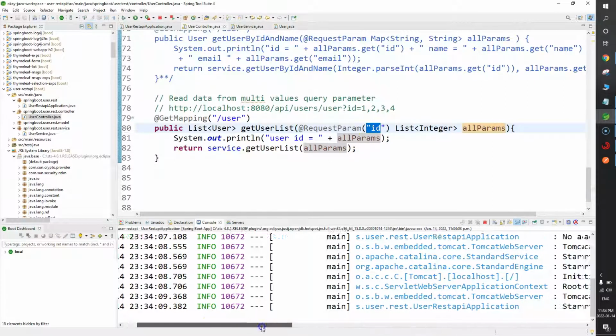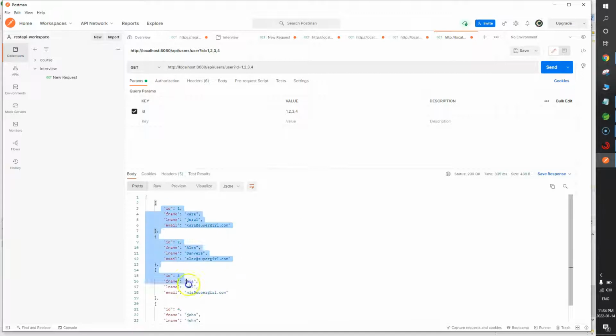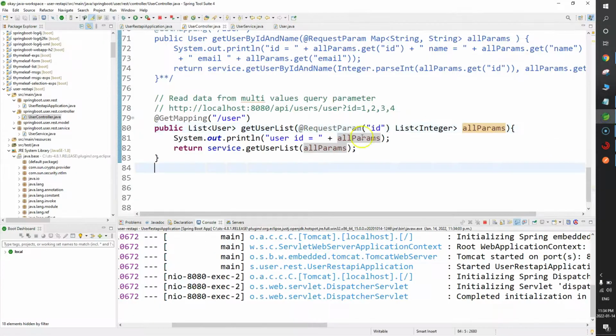Okay, so our application is started. Let's go back to Postman. I'll simply click on send request, and this time I want to see the list of users 1, 2, 3, 4, right? So guys, this is how you can use a list to read multiple values from a query parameter. All right,